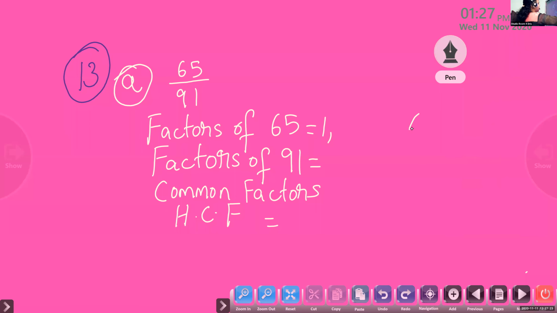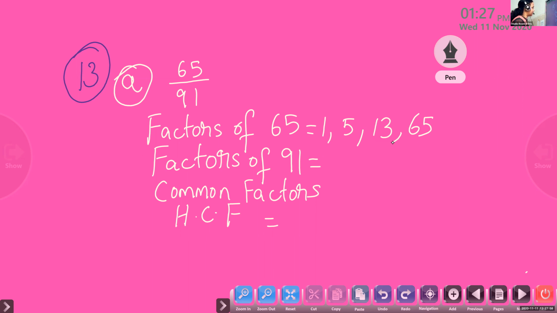Look at the board and tell me the factors of 65. 1 and 65. That is for sure we have to write. Now this is not an even number, so 2 we cannot take. Now check whether we can divide by 3. When you do 6 plus 5, that is 11. That is not possible. Now tell me, one more factor is there. Last digit is 5. 5 into 13. Yes, 5 times 13. So these are the factors of 65.